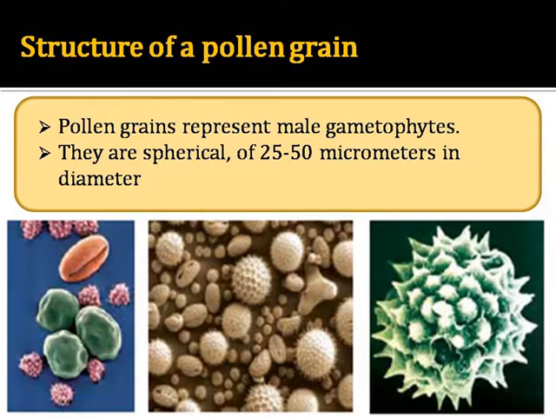You can see here there are different varieties of pollen grains. The outer covering is totally different, with different designs and ornamentation. These are male gametophytes having different shapes, structures and colors. Why is this outer covering different? It is only due to the presence of exine, the outer covering, which is sculptured. So what are sculptures? In the next you can see that.